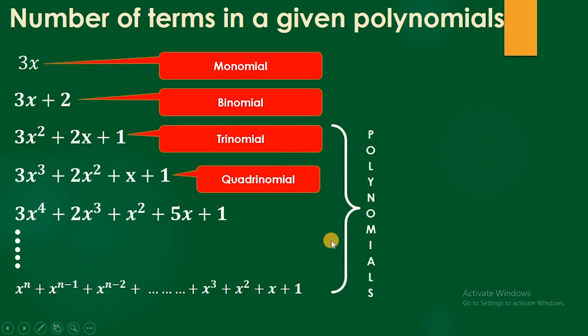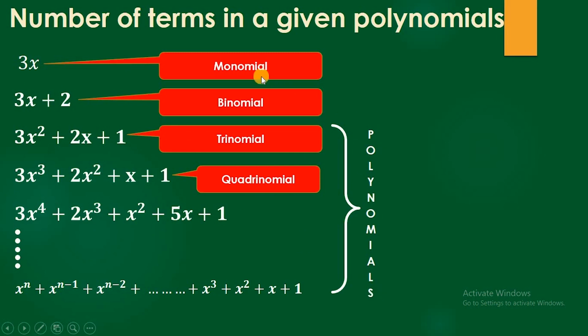Now all these are called polynomials, but for some there is a specific name, and for the remaining we can add any number of terms. If we have 1000 terms, then how will you name it? So we generally call them polynomials.